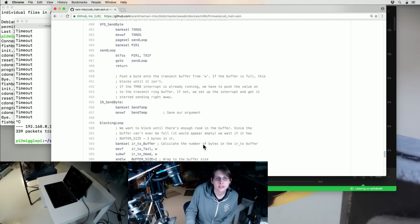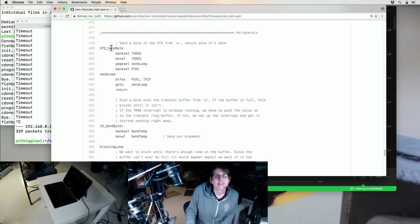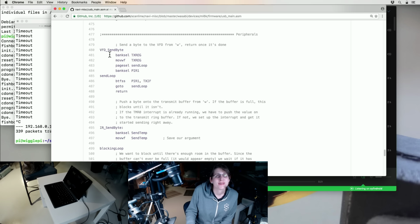Oh yeah, here's the VFD. VFD send byte. And... yeah, this is pretty old. It's bringing back a lot of memories. Anyway, so yeah, this starts out by just writing it directly into the hardware UART, and then we're...